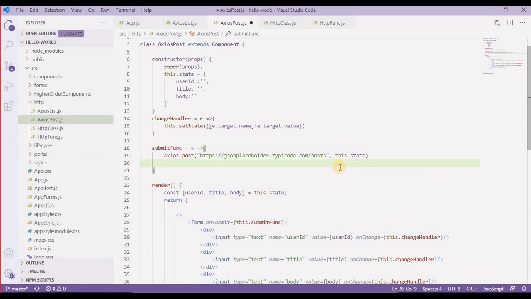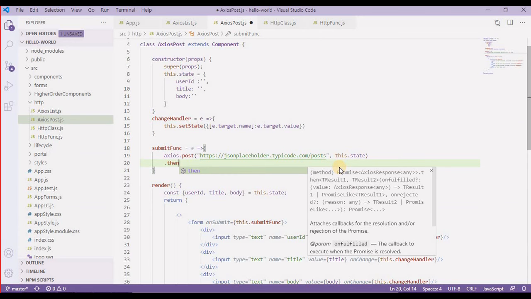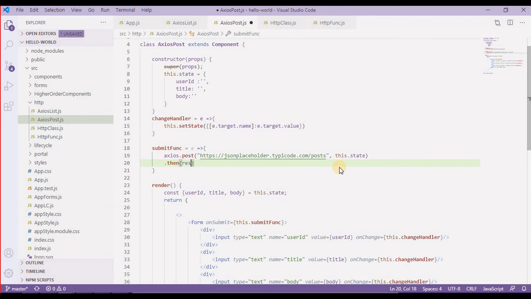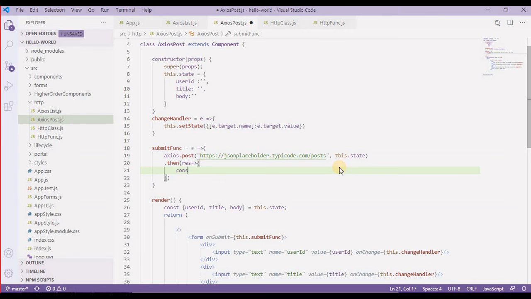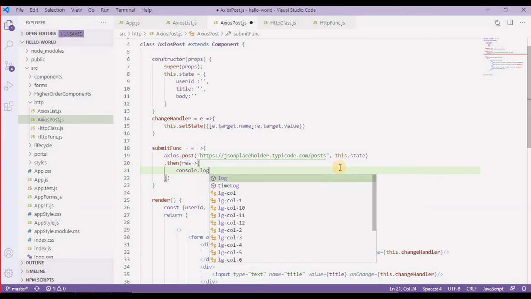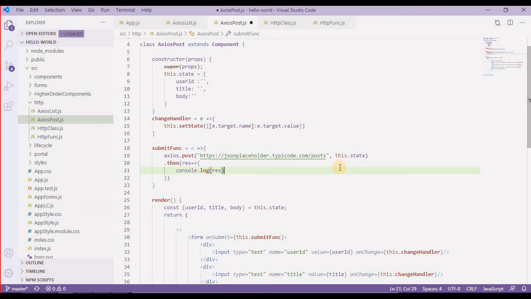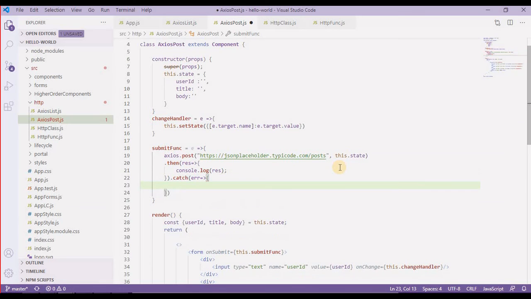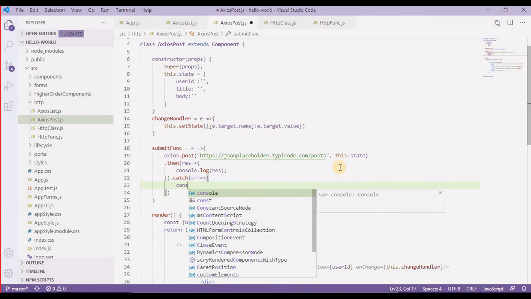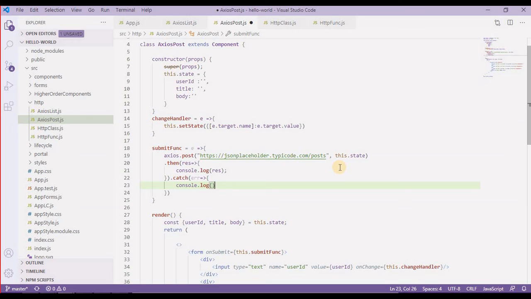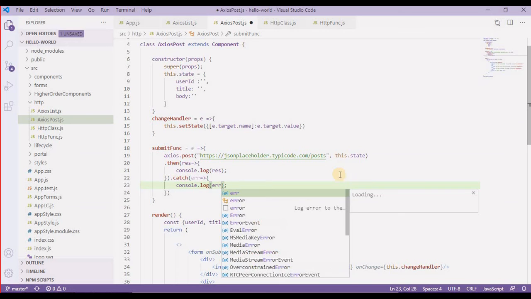And then again it is a promise, so I'll take the .then method and simply take the response, console.log the response, and then I should have the catch method over here, simply a JavaScript promise, so catch error, and then console.log error, like this.